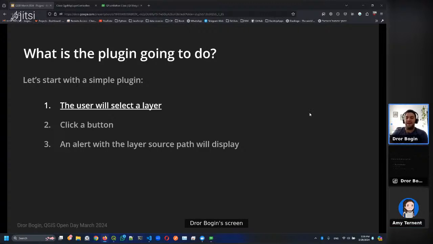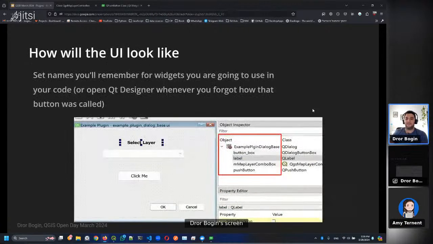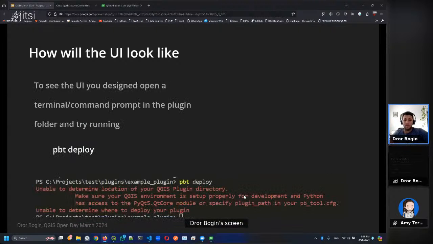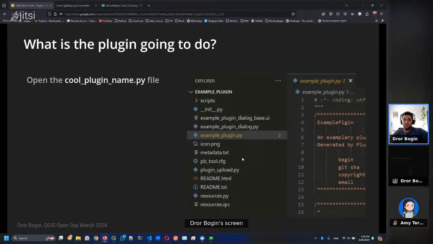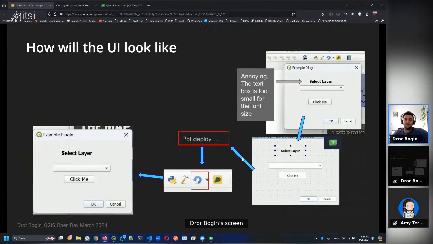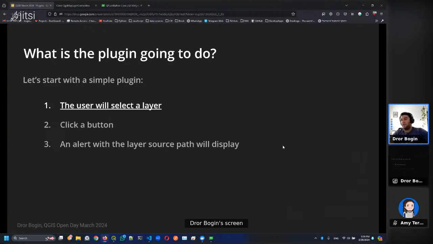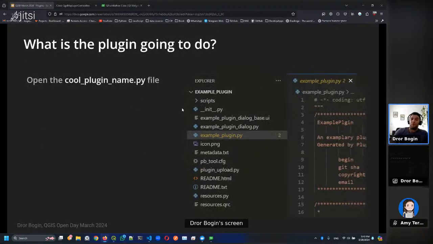So as I was saying, as you can see in this slide, or almost see because I cropped it out, the map layer combo box that I selected is a QGIS map layer combo box. Now, this is important because I need to know what is the class of the element I'm using. Now, when I open up my cool plugin name.py file,